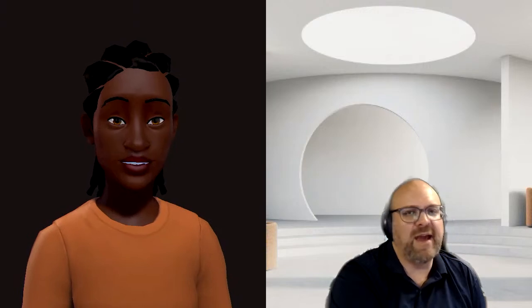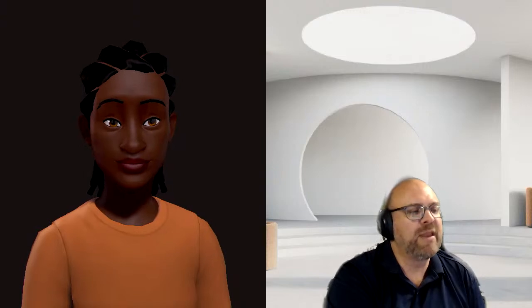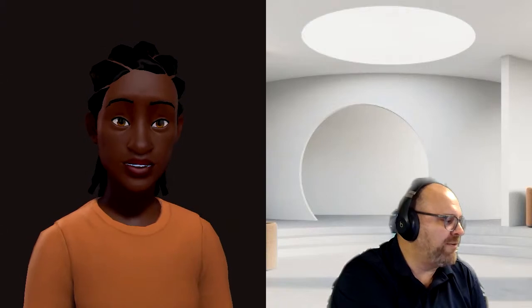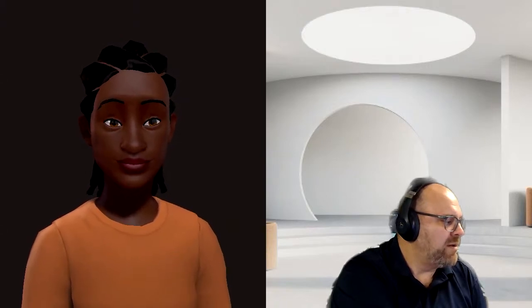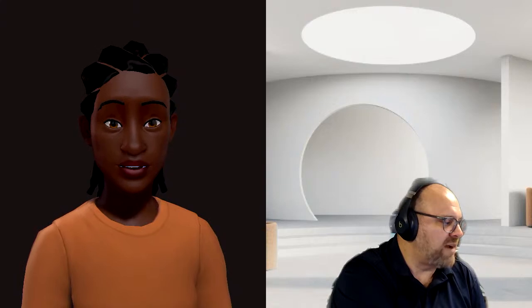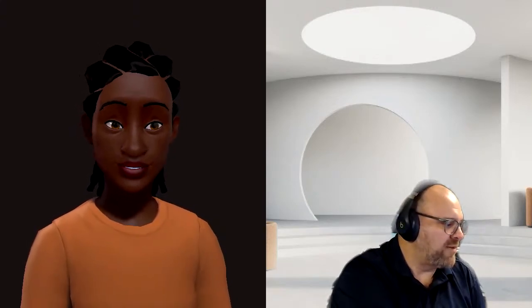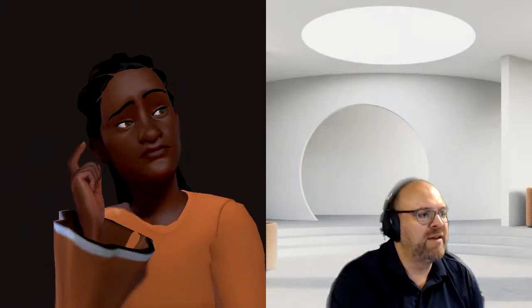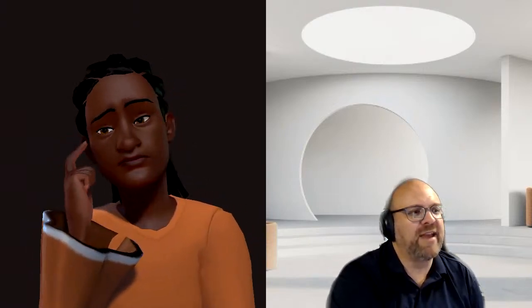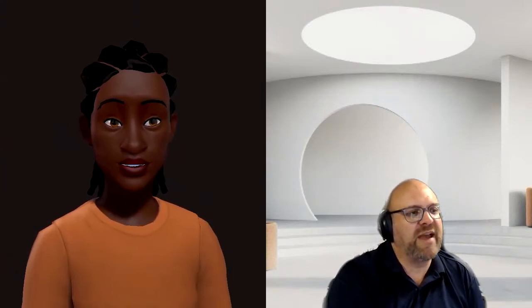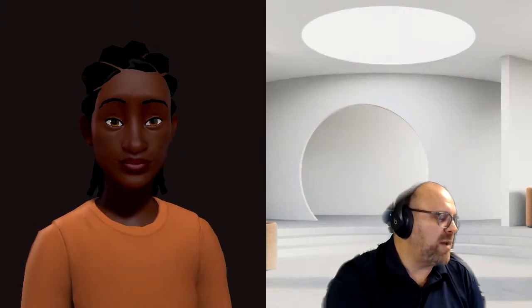In the avatar software, I can choose up to 3 avatars to represent me. I can customize the look and feel, and then I can even have different gestures that I use as an avatar. So I can go ahead and wave to everybody as MC, and can even do things like a thinking gesture as an avatar. So the avatars in Microsoft Teams have some really unique capabilities.